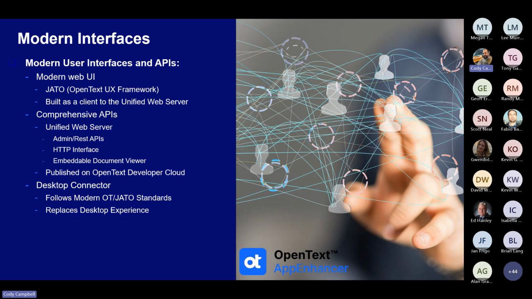So when we talk about our modern interfaces, like Gwen mentioned, the JADO engine is our new UI framework from OpenText, the jet-assisted takeoff, they call it. But it's really the thing that lifts the whole application up and sets up the entire UI. And when you spin that up, our OT controls become available, and you see a really nice, clean UI that looks like all the others from OpenText.